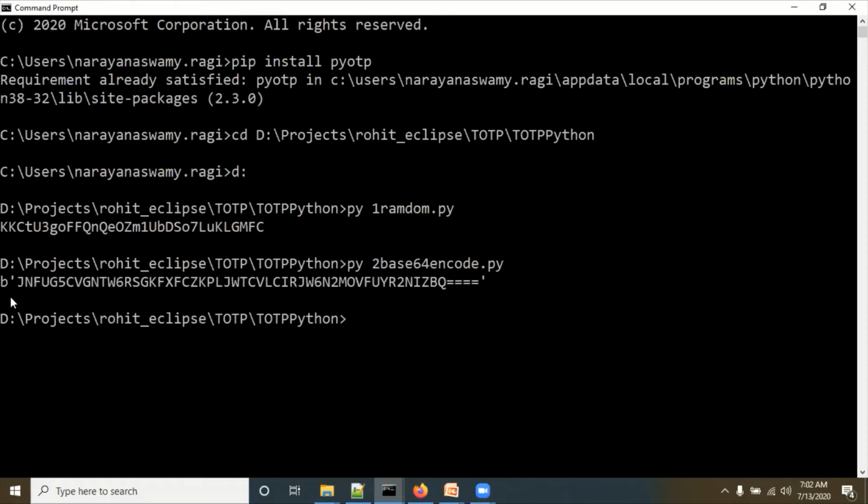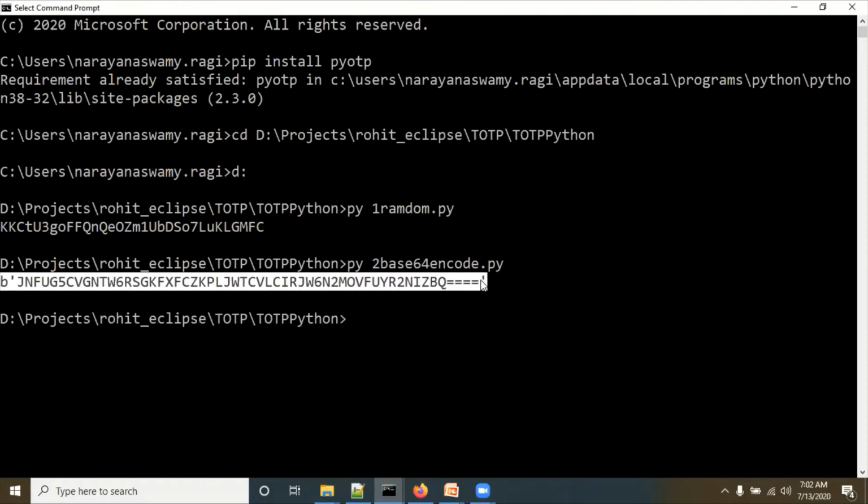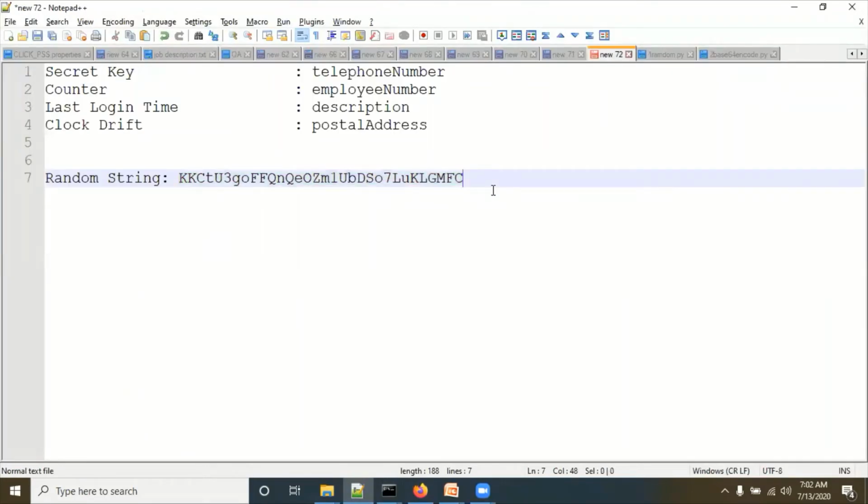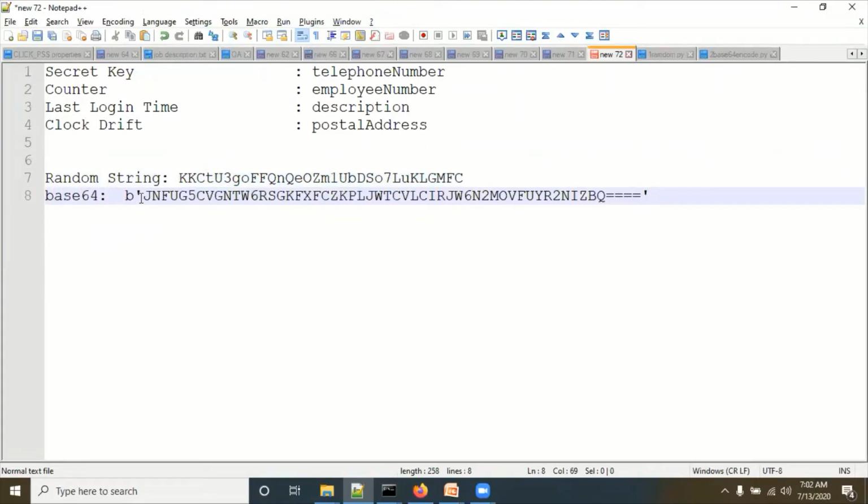This is the base64 encoded string. You can remove the b and apostrophe. We have to remove the trailing equals signs and so on. So this is my final base64 encoded string.